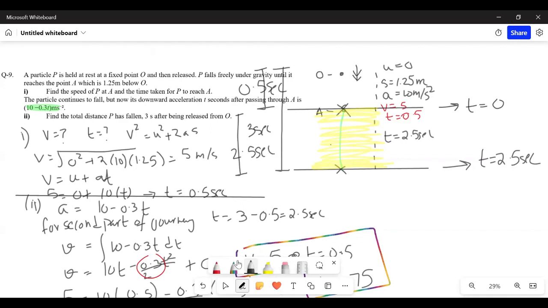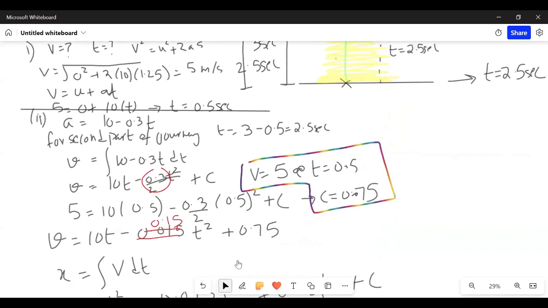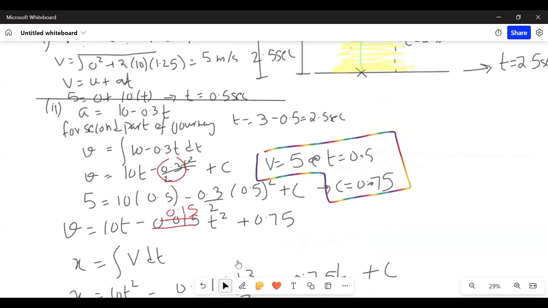So इसका अपना टाइम, you can't say कि ये 0.5 सेकेंड से जर्नी स्टार्ट हो रही है और 3 seconds तक जा रही है। Now for this particular journey आप कहोगे कि टाइम 0 से स्टार्ट हो रहा है और it goes till 2.5. So that's the mistake I had made, मैंने टाइम इसका 0.5 ले लिया था, लेकिन वो तो previous journey का एंड टाइम है। For the second part of the journey we know कि ये सेकेंड पार्ट 2.5 seconds लगाती है, सो फिर हमने इसको 0 से स्टार्ट करना है till 2.5. So I should have written V is 5 when T is 0, यहाँ पे 0 होना चाहिए था